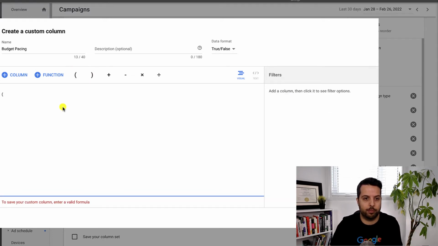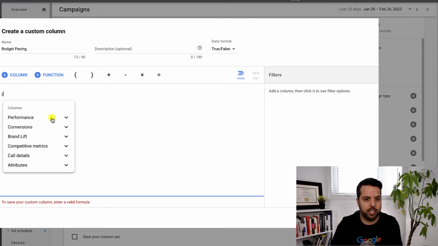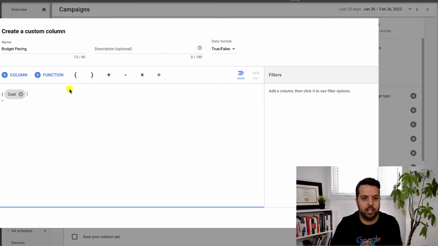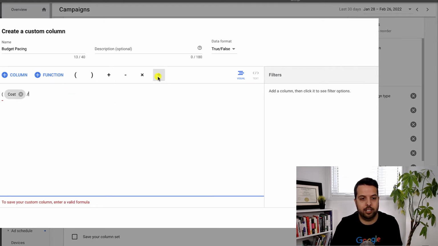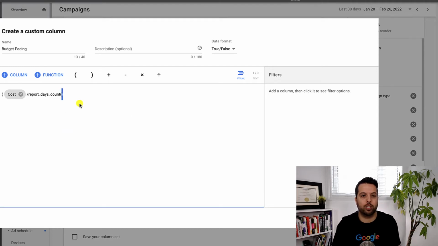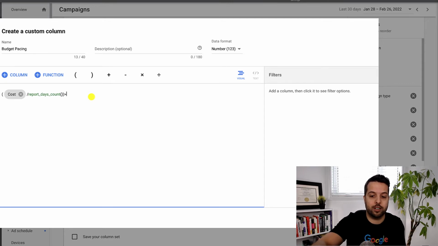So first you're going to do an open bracket, and then we're going to do our cost. So we're going to go into columns, and then we're going to go performance, and then we're going to go cost. And then we're going to go divided by, and then we're going to do function and date. And then this is going to be report days count, which basically pulls in whatever your timeline is you have selected. That's going to represent. So we're just trying to get an average per day spend. Okay. So then I'm going to close the column here,